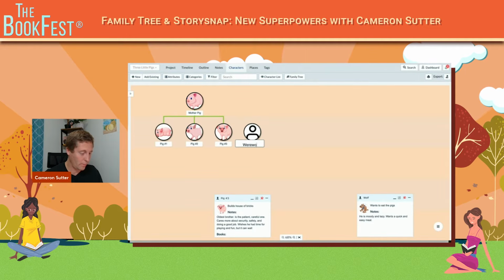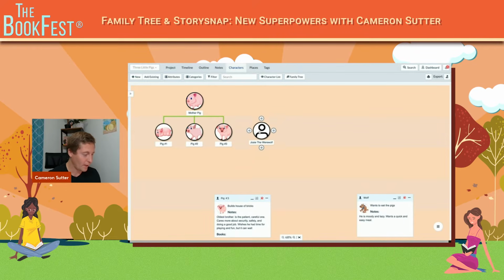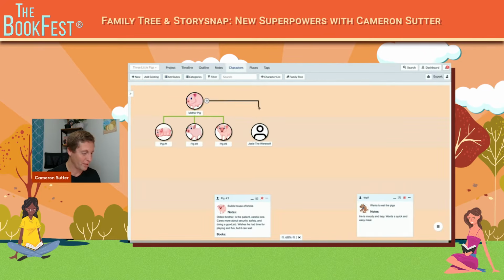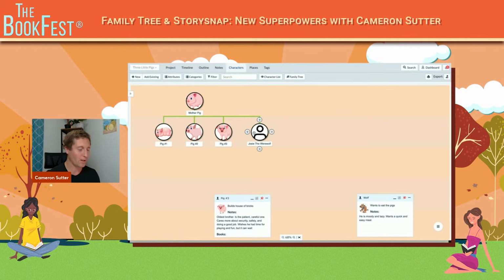If I could spell. There we go. So you can just add them right from there, and then I could add them. Of course, this one doesn't really go with the family, but maybe there's some sort of weird relationship going on there, and so I can just connect them. And Josie is now part of the family, and I could add a picture to her if I wanted to,